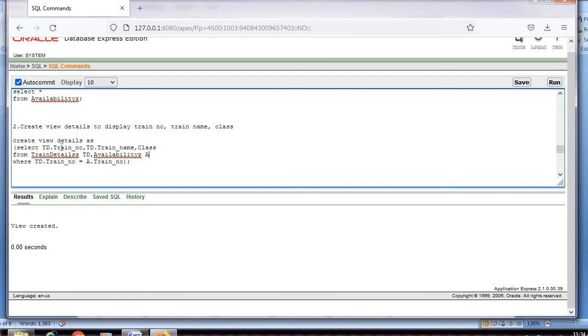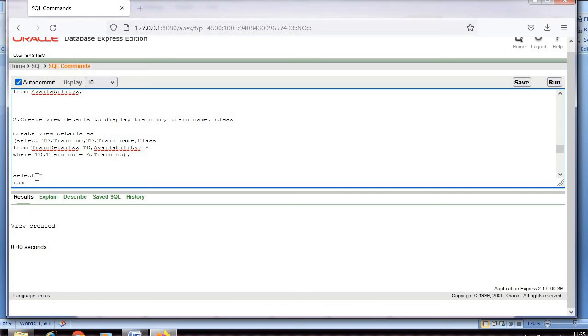That view name will be details. I am creating a new view which is details, which you can see down also. View created. You can see the result. Now, if you want to see how my view has been created, I'll just use select star from the view name. I have to specify the view name.